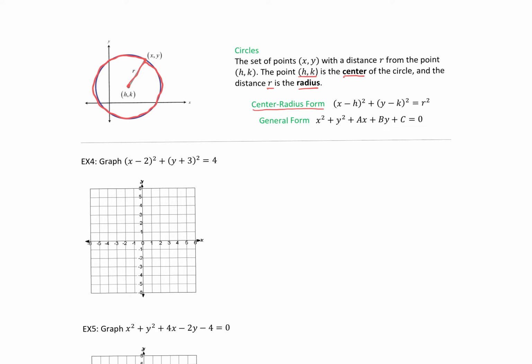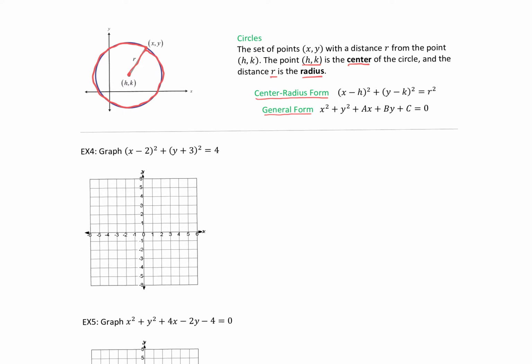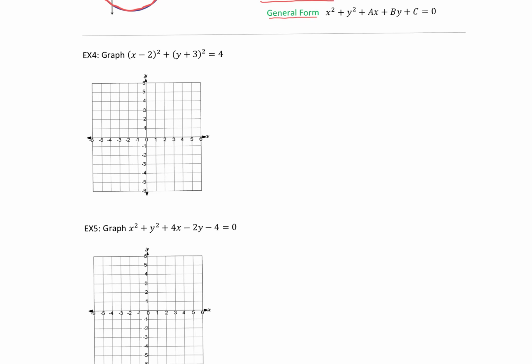However, if you have the equation of your circle in the general form, it's very, very difficult to identify the center and the radius. So the goal here is to go from the general form to the center radius form. But first, let's look at example 4, where we actually have a circle that is written in the center radius form. If we were to graph this, our center